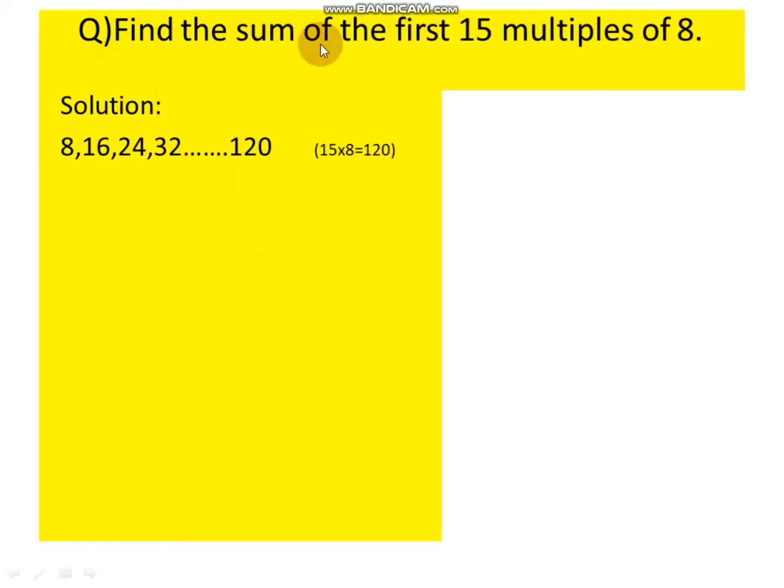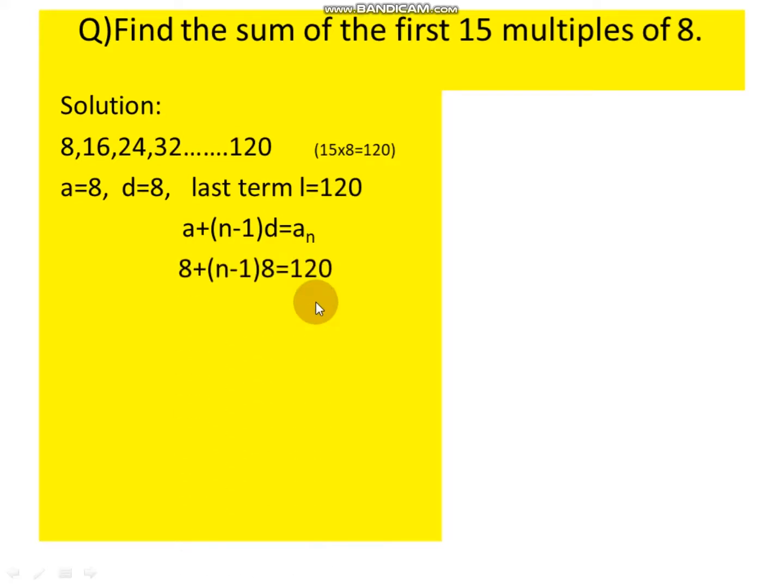So we have to find the sum of the first 15 multiples of 8. So we have to find Sn. In this problem the data given is a is equal to 8 and d is equal to 8 because the common difference is 8, since they are multiples of 8, and the last term l is equal to 120. So 120 is the last term of this arithmetic progression. So which formula do we have to use? Already the first term is given and the last term is given, and particularly 15 multiples are given. So we have to find the sum up to 15 multiples. So it is very easy.